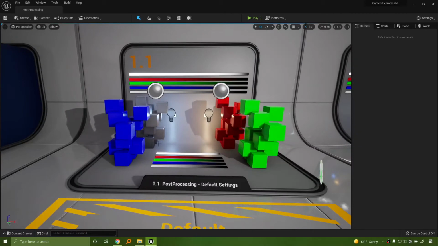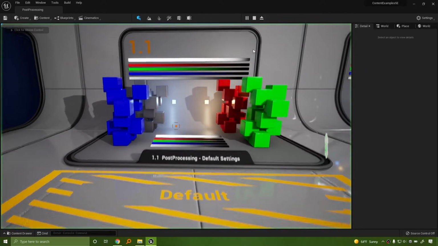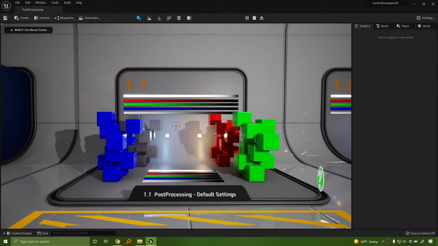The default viewport is going to be what you want to use predominantly for most of your stuff. Okay, I'm going to go ahead and hit play, and we're going to have a look here as I talk through this. Alright, so